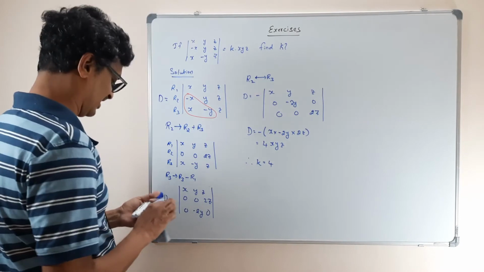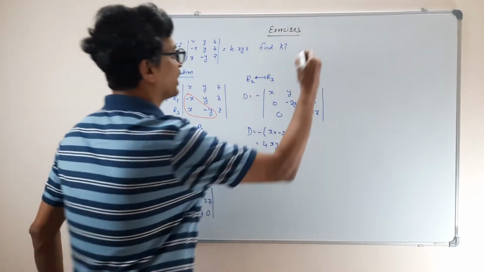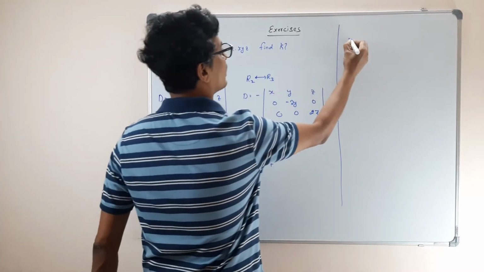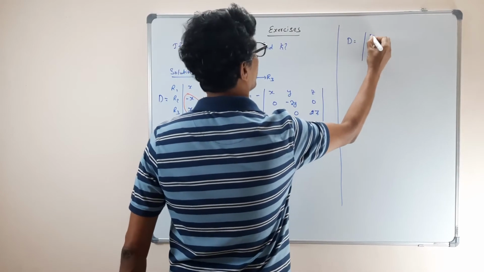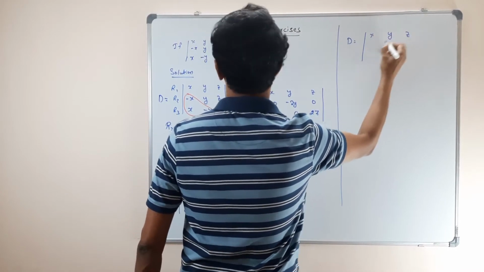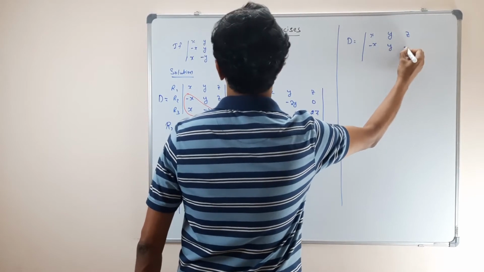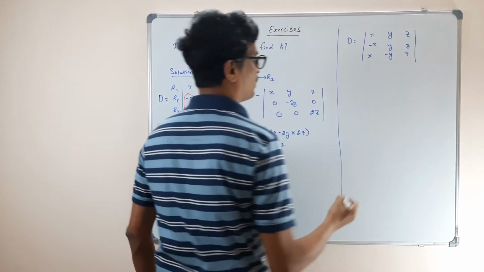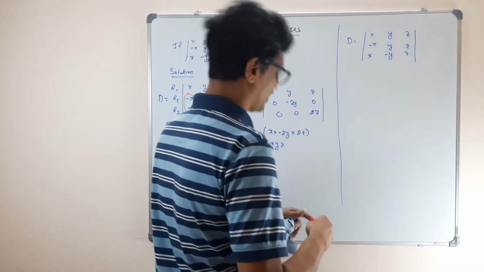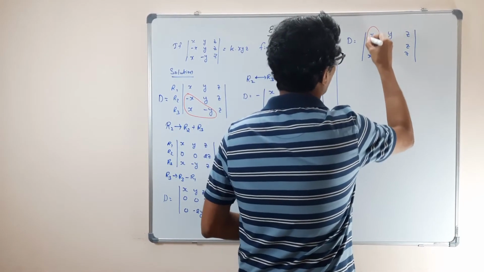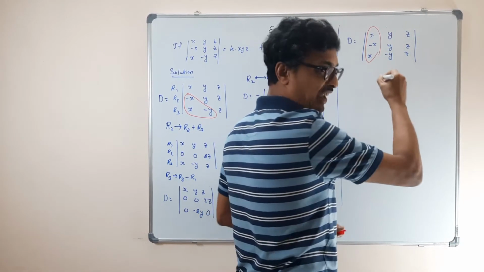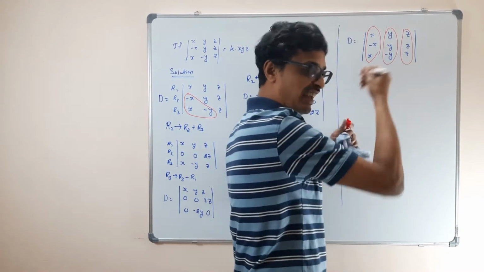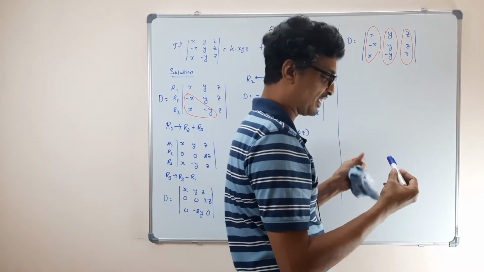Correct. That's right. You are right. What you said is correct. Your D is equal to what we have, X, Y, Z minus X, Y, Z, X minus Y, Z. You are right. So what you are saying, you see column-wise, all this column having X, all this column having Y and all this column having Z, so you can take the common factor outside. That's correct. Very good.